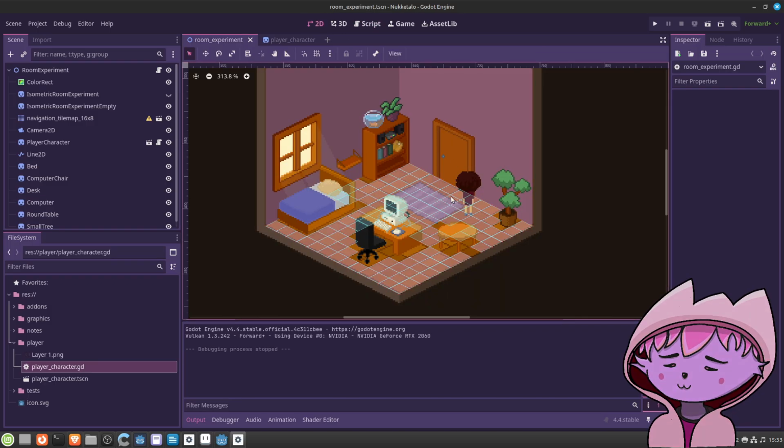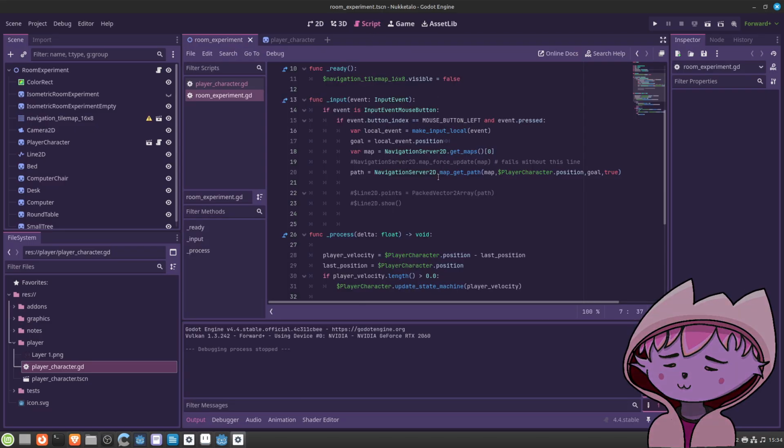When the character is standing here and you want it to go here, you have this one function, map get path, with the current position and the goal position.